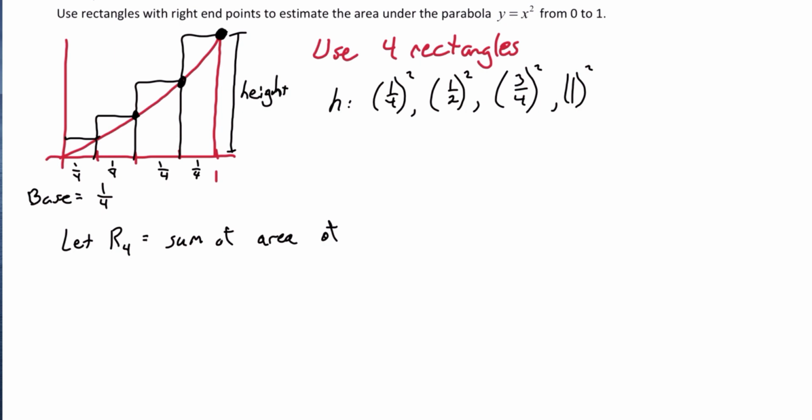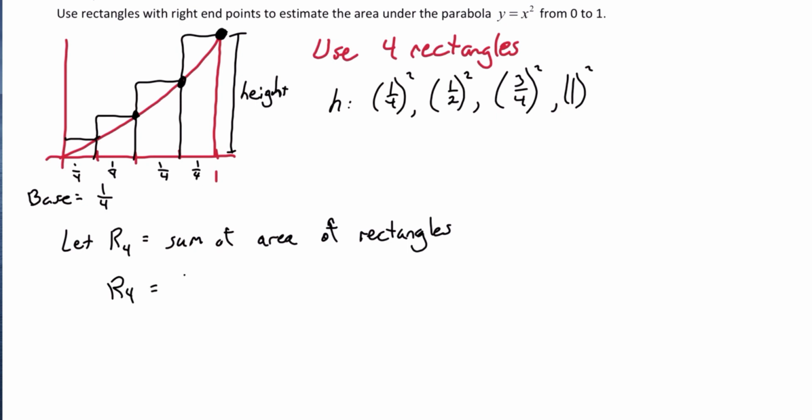of the rectangles. We're using R because we're using right-hand endpoints, and 4 because we're using 4 rectangles. So R4